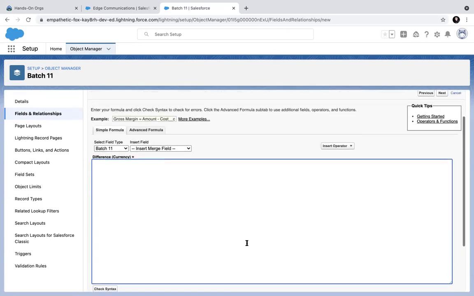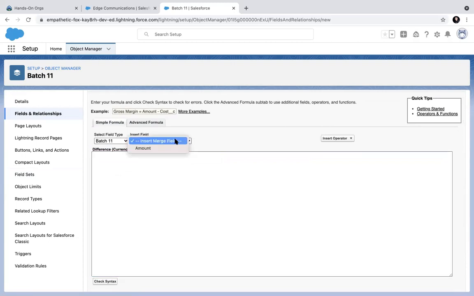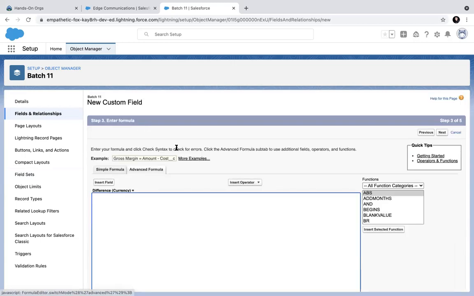Now the formula field has two versions. You can use a simple formula, or you can use an advanced formula. You can directly type here whatever you want, which is very easy. Otherwise, these options are given for you to choose automatically, and it will give you the value. I will go to the advanced formula now. Why?